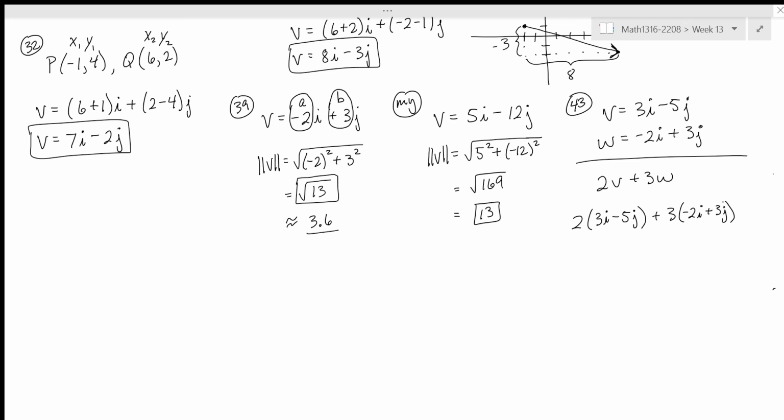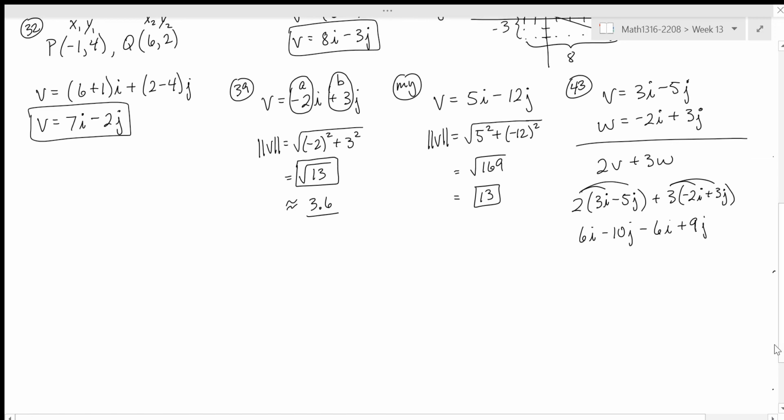Yeah, I got to distribute. Got to get rid of those parentheses. 6i minus 10j minus 6i plus 9j. And then the next step,